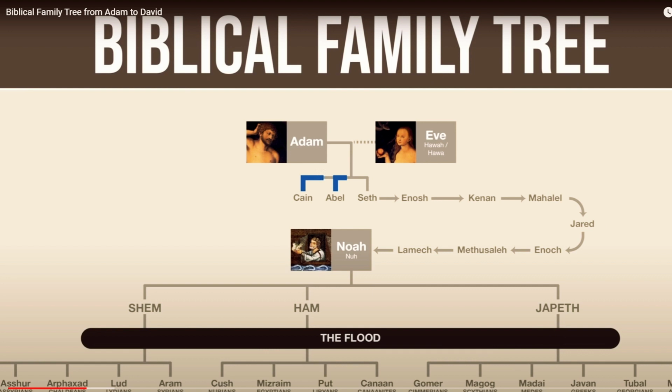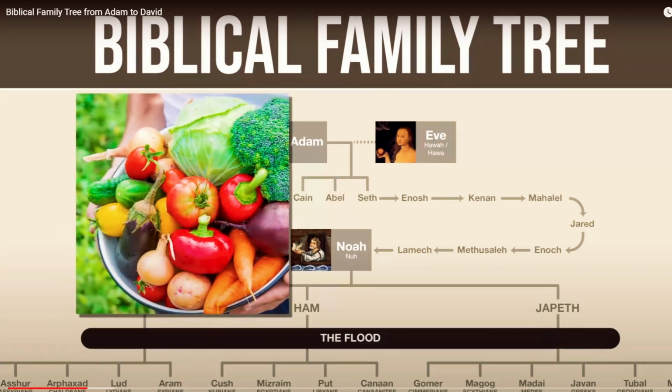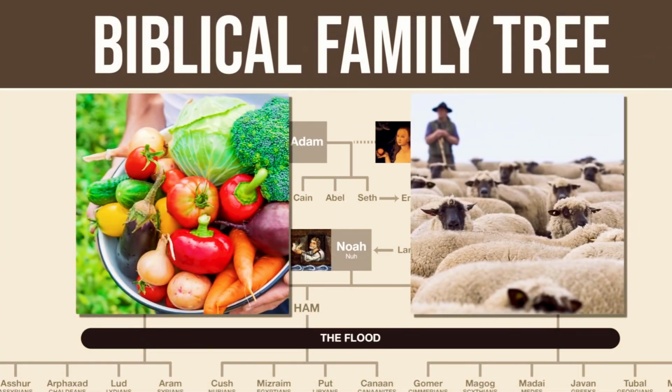I'm a little rusty here, but I don't know if it's on Earth, but they're in paradise. I don't know if Earth is paradise before they sinned, but okay. Cain was a farmer, and Abel was a shepherd. But one day, Cain ended up killing his brother Abel out of jealousy.